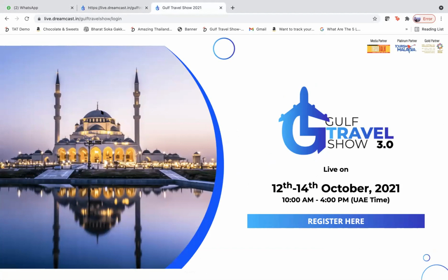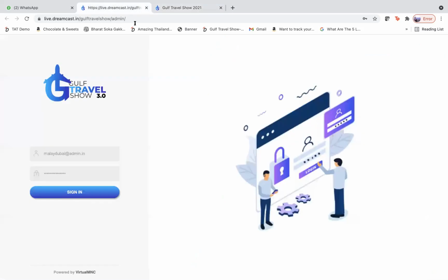Ayushman, can you give me one exhibitor that you're taking care of? Tourism Malaysia Jeddah. Okay, I'll go for Jeddah right now. Not a problem. So we add ID and password.